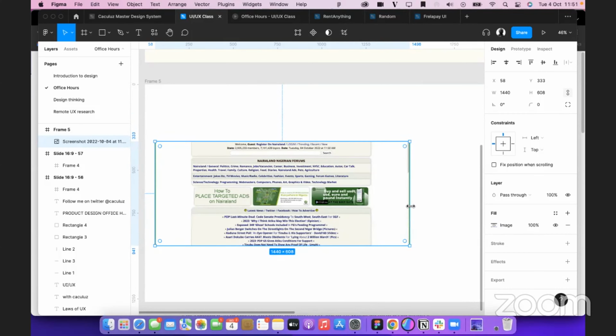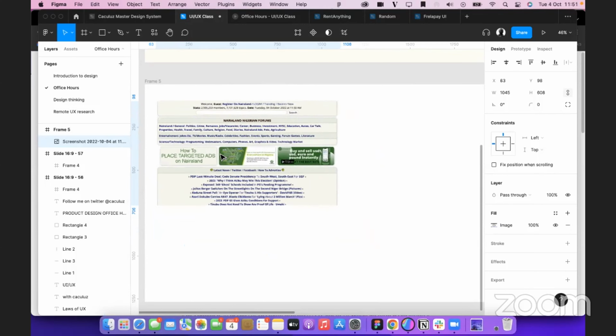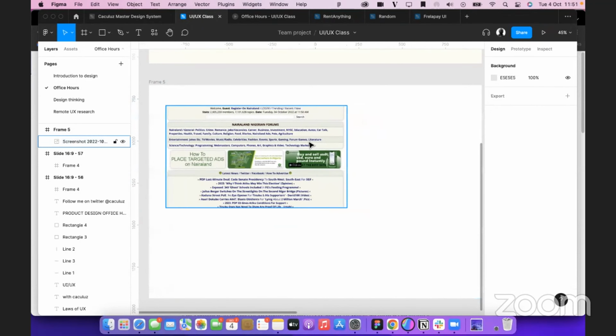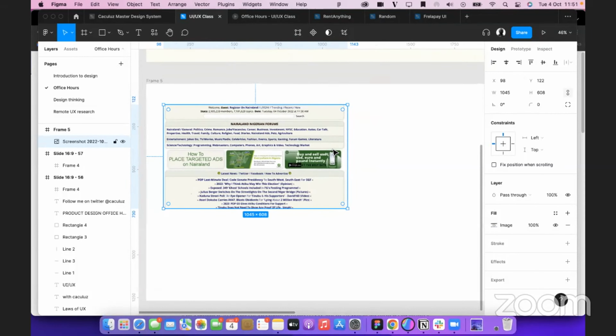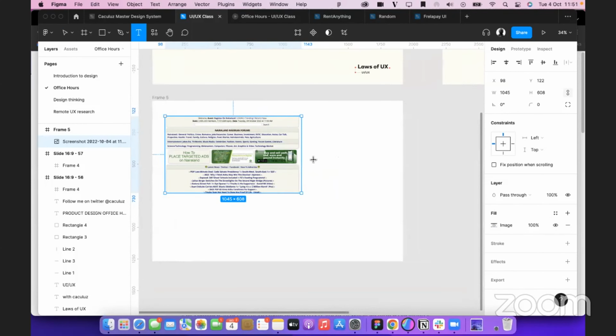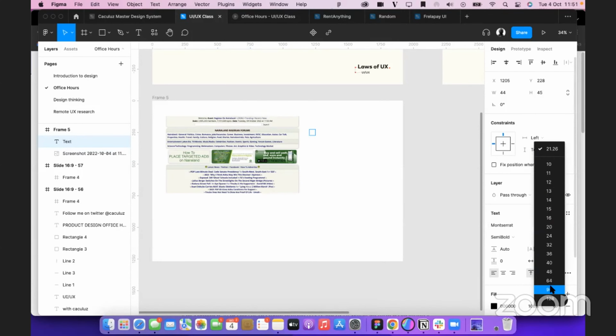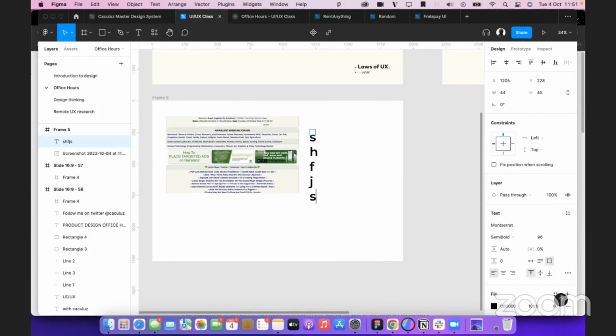So I'm talking about design thinking. This is how you do the laws of UX tags, but you are doing it on Docs, don't forget. But this one, you're doing it on Figma. So this is how you do it, for example. Then you now come here and say XYZ, something should happen to something, whatever it is you want to say, right?